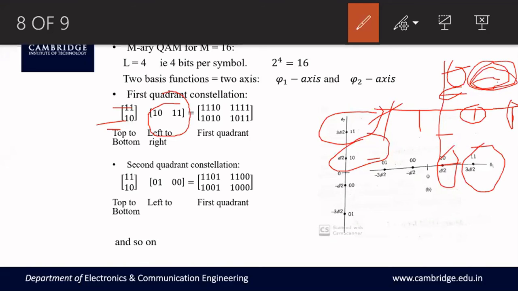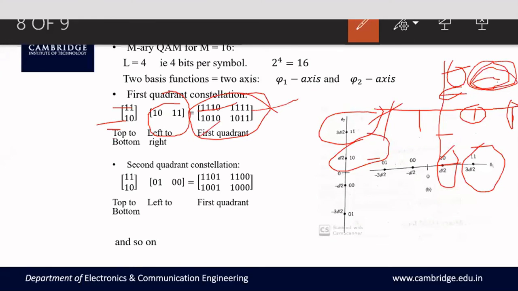Now, theory says that if you multiply these two matrices, you will get the first quadrant. Okay. Look at the multiplication, guys. On the vertical matrix, 1, 1 multiplied with the first element 1, 1, 1, 0. That makes the first one. First element on vertical, second element horizontal, makes this fellow. And second element in the vertical, first element in the horizontal makes this one. Like this, if you multiply, you'll get 4 patterns.